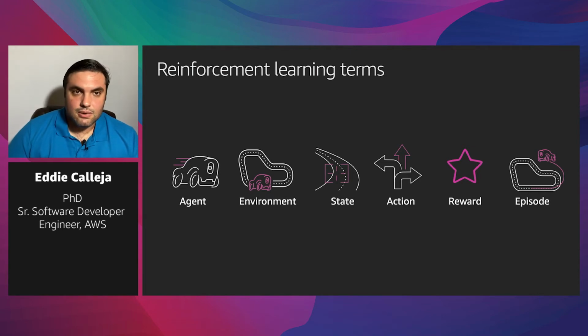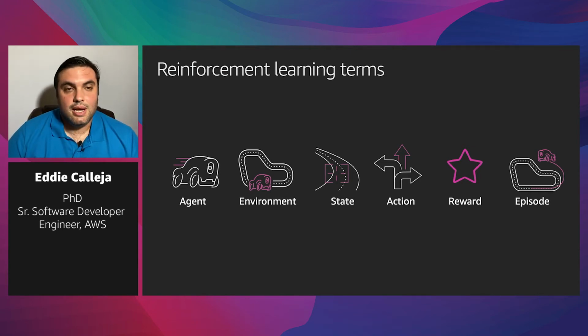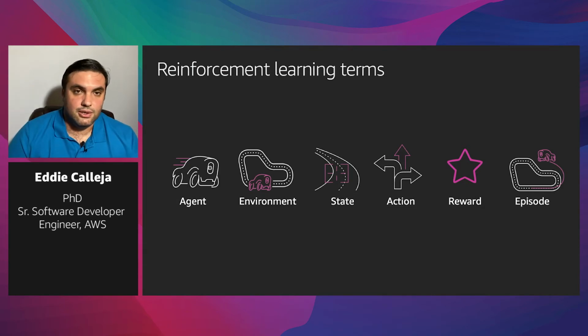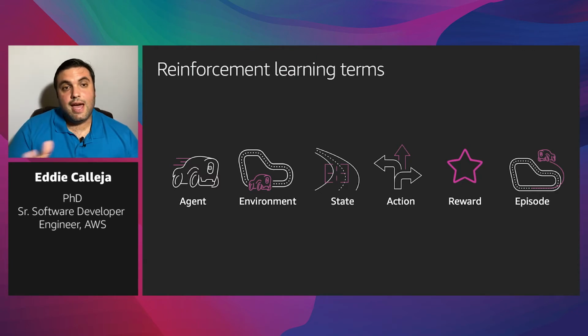And that leads us to our final bit of nomenclature here, which is episode. An episode is defined as when the agent starts, it moves around the track, and then it hits some sort of termination condition. Now, there are good termination conditions, which means you went one full lap around the track. That's good. That's exactly what we want. And then there are bad termination conditions, like you could have crashed, or you could have gone out of bounds before completing the track. And when we hit a termination condition, that is what we refer to as an episode.